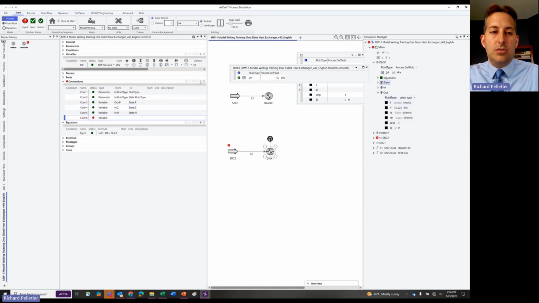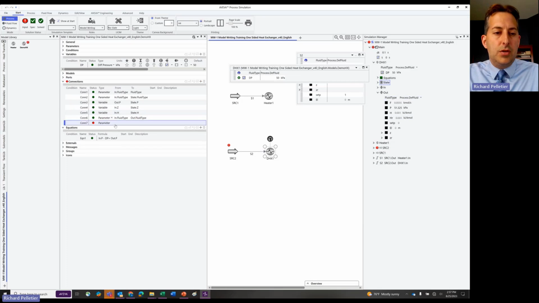And so what we can do is start adding in the information that's missing here. Right? So we need to transfer the fluid type. Right? So we can do the same thing again. Right? So that transfers that over. We need to transfer the flow rate. We can do in.F equals out.F